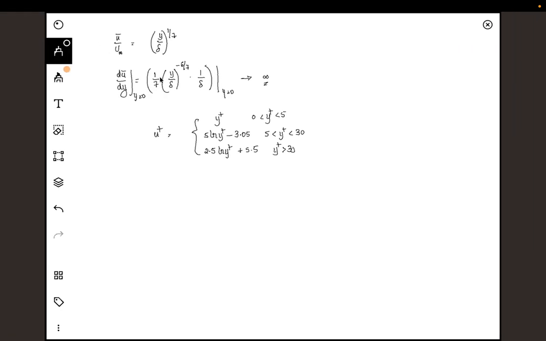So these are the equations I am using. The relation between u plus and y plus is given by these set of equations based on experimental data. Of course, now if I want to use this in my momentum integral equation, I need to get the RHS first, and that RHS would be, as I said before, u plus is given in this particular form, and from this what I have to do is